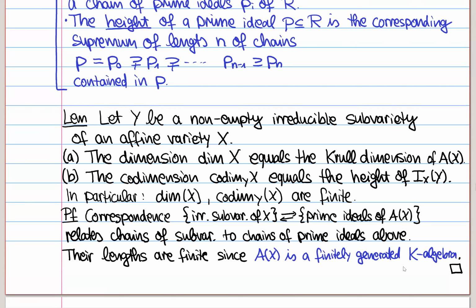Okay. This was a basic lemma, and it tells us that if we're interested in this dimension, we can just look at the coordinate ring and use all the results we have about the Krull dimension. To start with some examples,